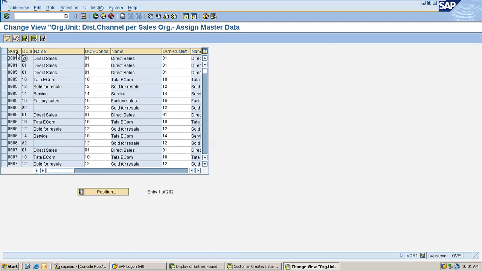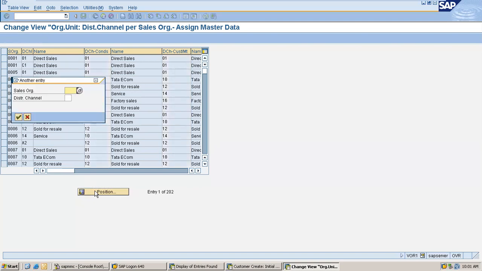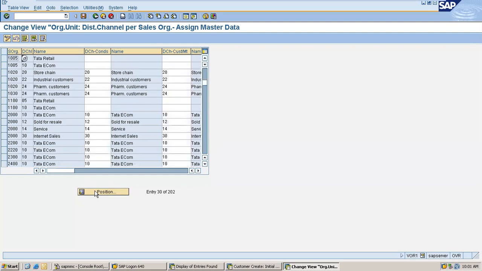Now you have to have your 1005, 05 combination here. Yes, see, this is picked up from your enterprise structure assignment screen. But if you see, these two fields are empty here.